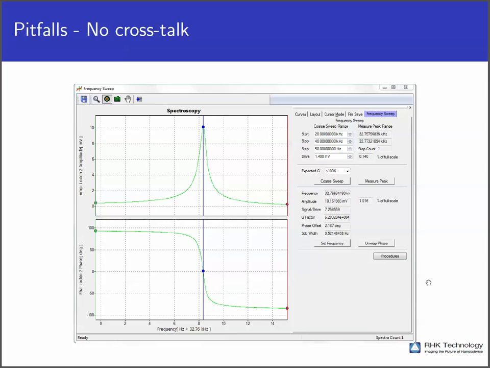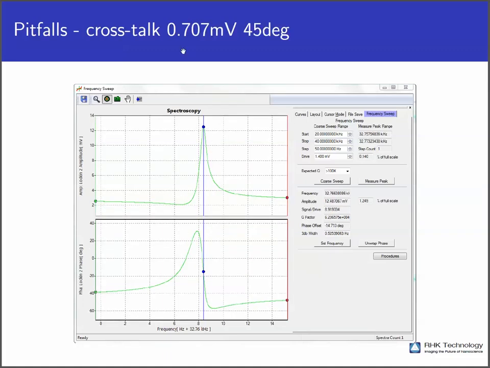Now one thing I can do is I can artificially add a signal to the detection that has a certain amplitude and a certain phase shift. What I've done is I've added a 0.707 millivolt signal of 45-degree phase shift to the amplitude. So now we have two signal paths. One is the crosstalk and the other one is the amplitude resonance. And now our nice amplitude resonance will look like this. The phase turns into a peak,